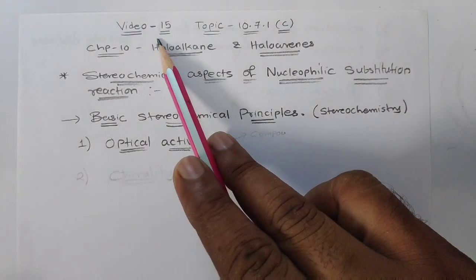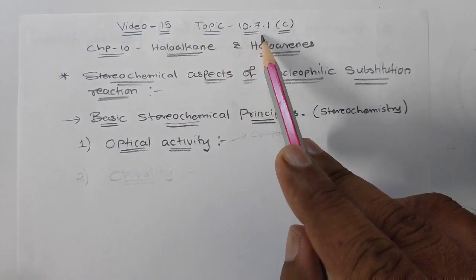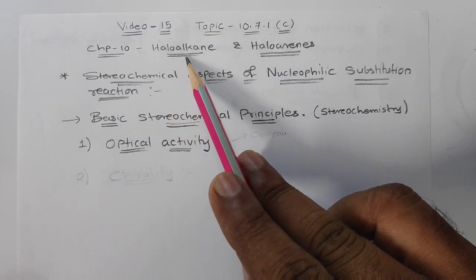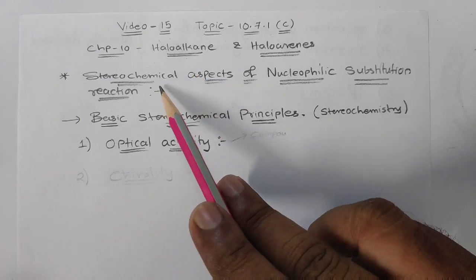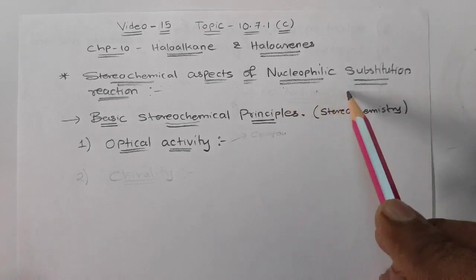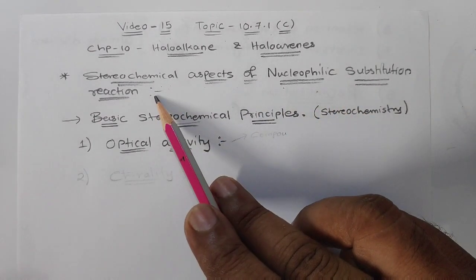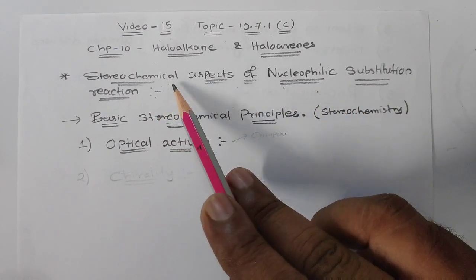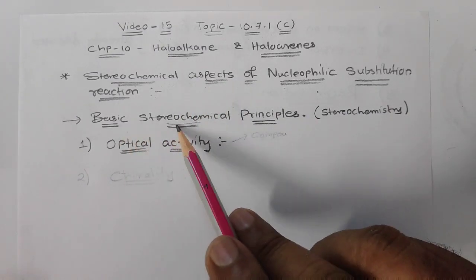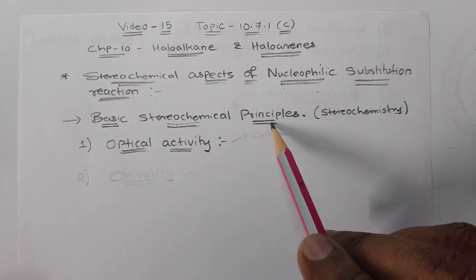Now this is video number 15, topic 10.7.1c, that is chapter 10, haloalkanes and haloarenes. In this we are going to study the stereochemical aspects of nucleophilic substitution reaction. Before going to learn this stereochemical aspect, we need to learn some basic terms and basic stereochemical principles that